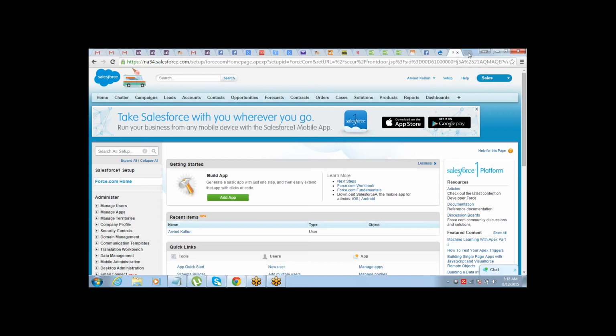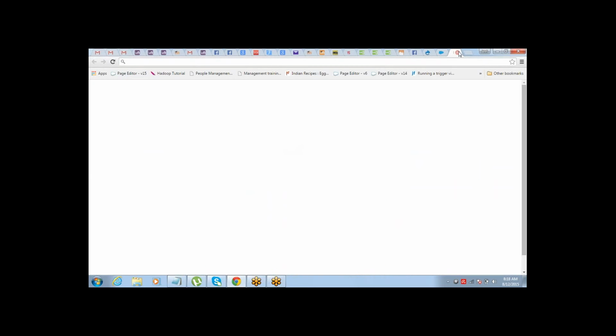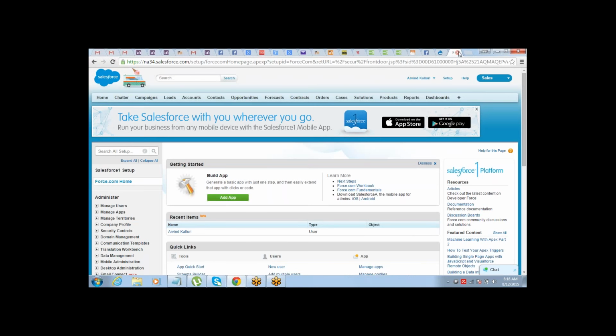From the Salesforce.com website, there is an option of create a free trial right at the top right corner. That also creates a trial of professional edition, right? So you will get to see from here, right? Why I want you to understand this is because while you're dealing with a client, or maybe you have just been working on an org, make sure that you look into this, which edition it is, right?